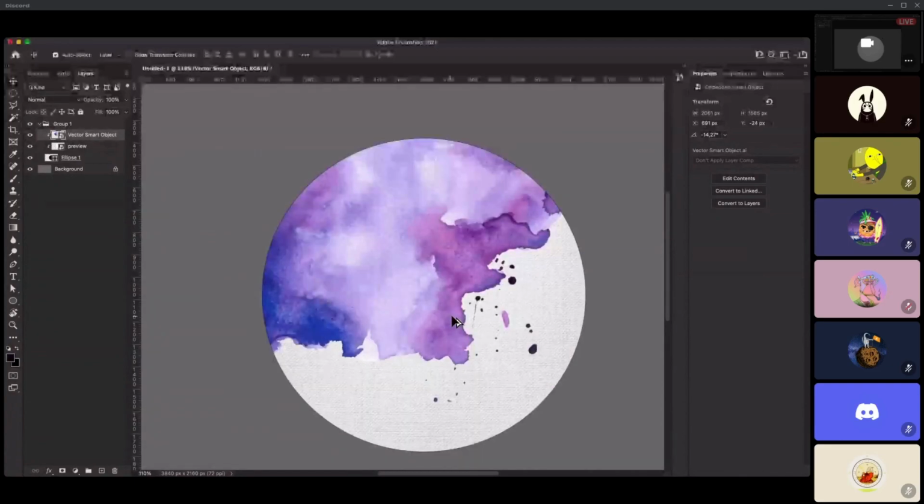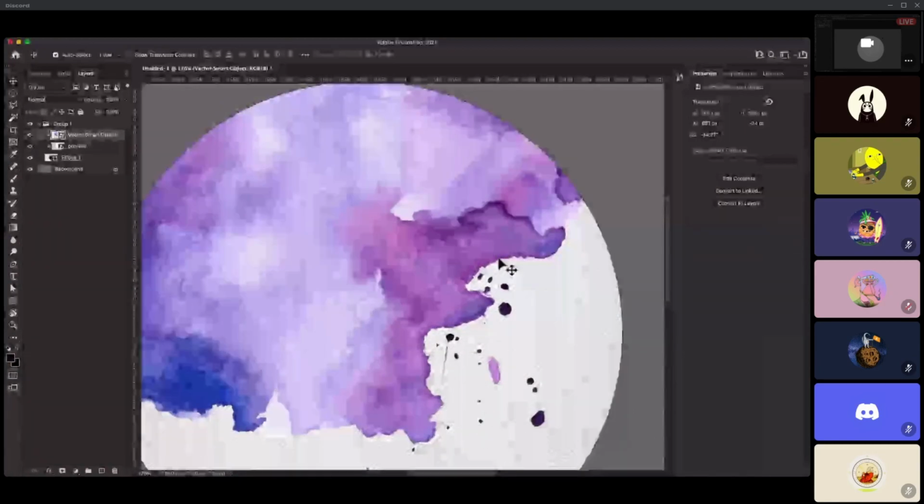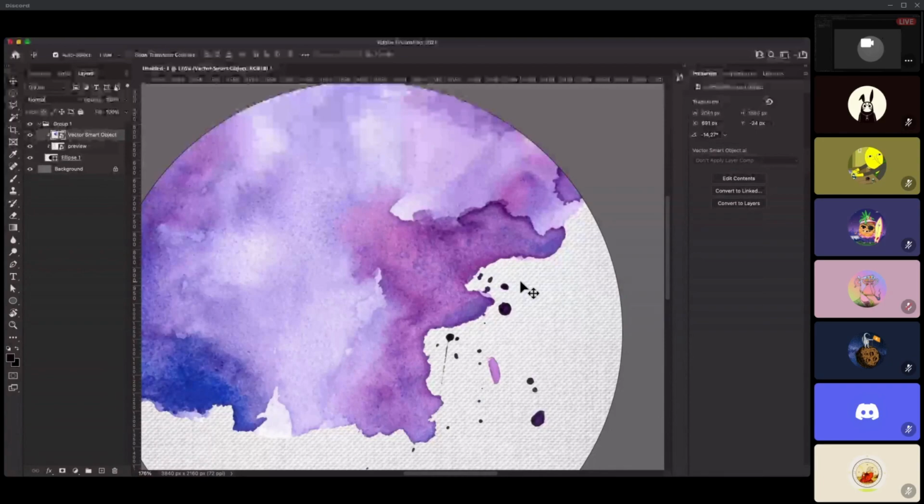The problem is, if you look carefully, the paint simply looks placed on the top. It doesn't have any connection with the texture. And these are the small details that you must see when you're creating something. Details are everything in a design process or in an art process. So for example, here you cannot possibly see the textures on the paint. So what I do, I just double click the layer,